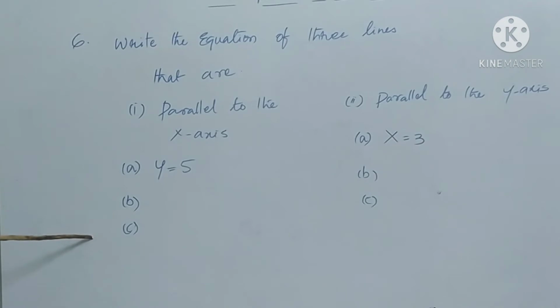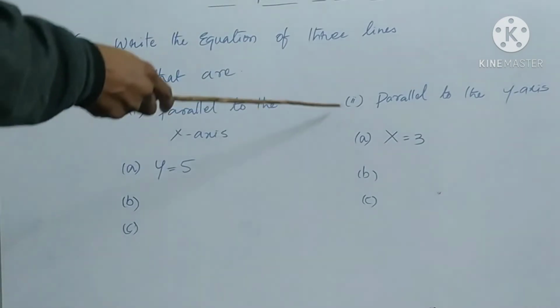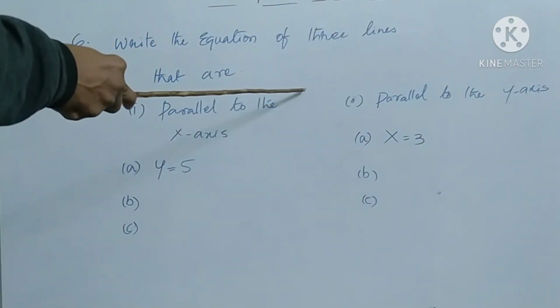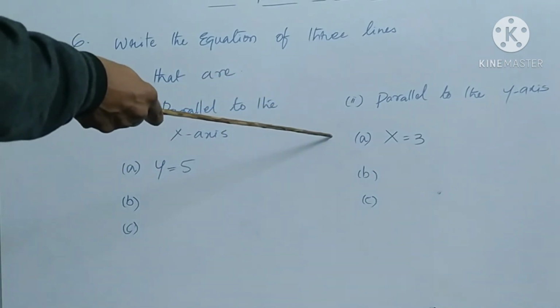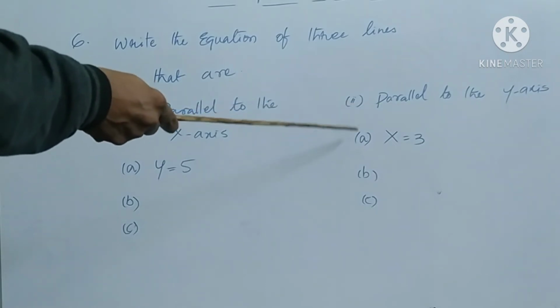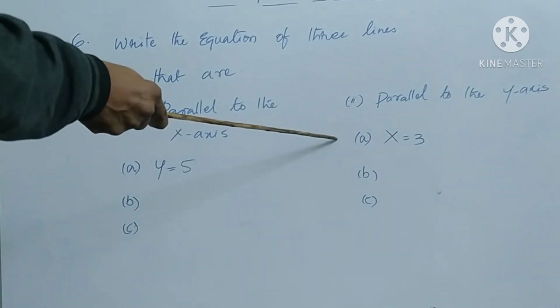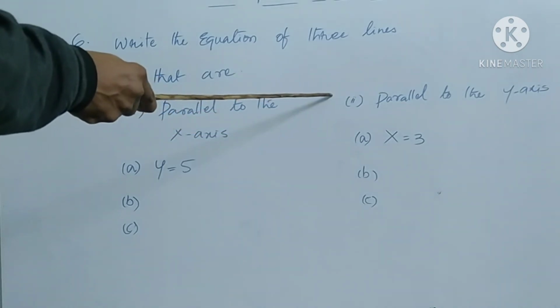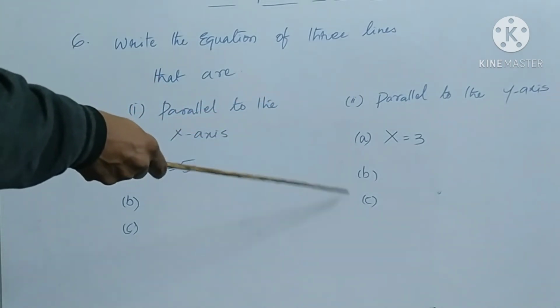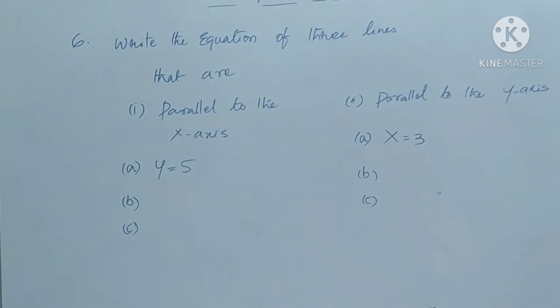Remaining two as your homework. And next, for the equation parallel to the y-axis, take one example, x = 3. For any value of y, x is a constant term, so this line is parallel to the y-axis. Remaining two as your homework. In Roman number 4, parts 2 and 4, and in Roman number 5, parts 2 and 4, these are also your homework.